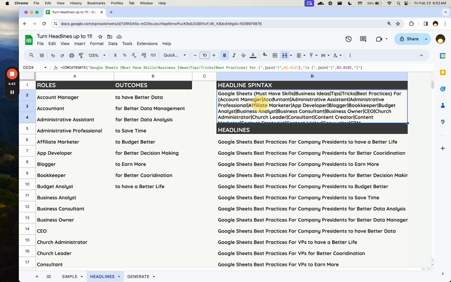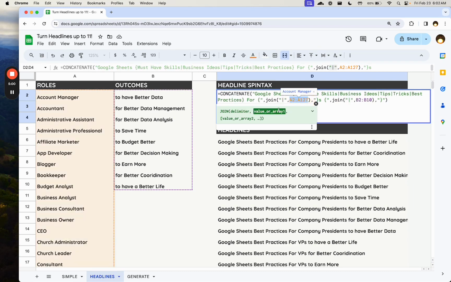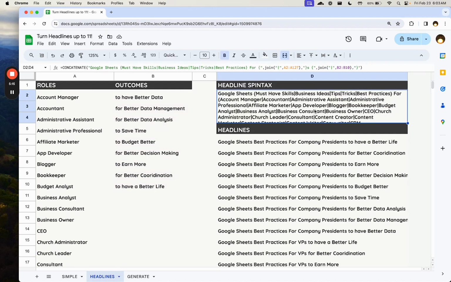So to create this Spintax you see here in D2, I've had to use concatenate to combine "what I think is Google Sheets," "must-have skills," "business ideas," "tips," "tricks," all these options before. Now I'm using the join function with a pipe in between them for A2 to A27 to get all of those 126 rows. And then for the outcomes, I'm also using join and putting it inside two curly brackets, B2 to B10. So what I end up with, you'll see here,